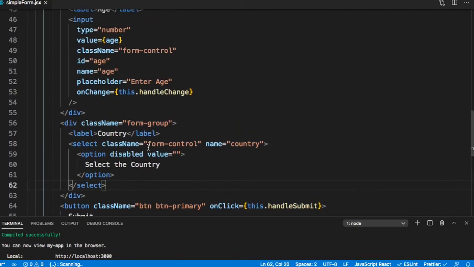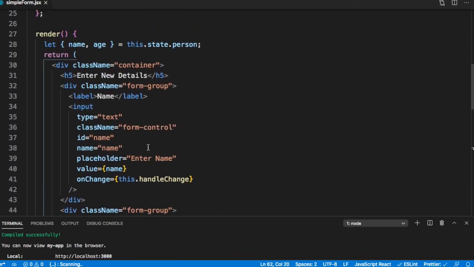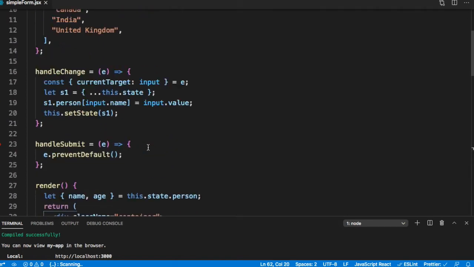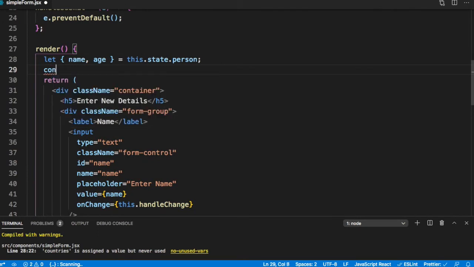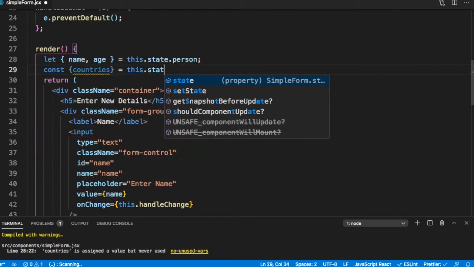Let's display all the countries that have been defined in the state. So let me destructure countries also: const countries is equal to this dot state.